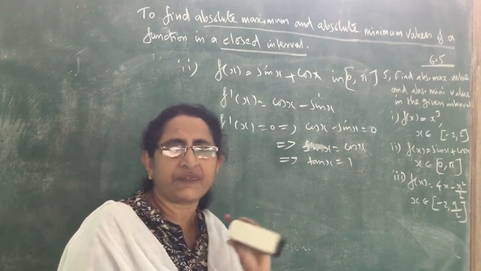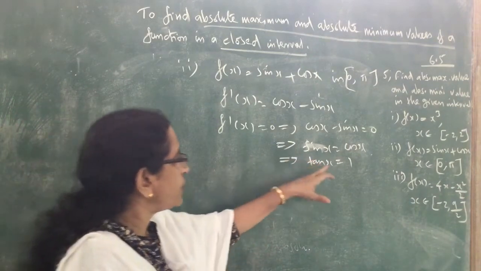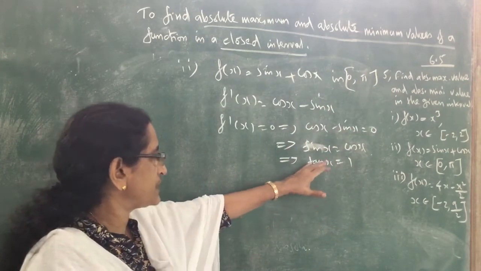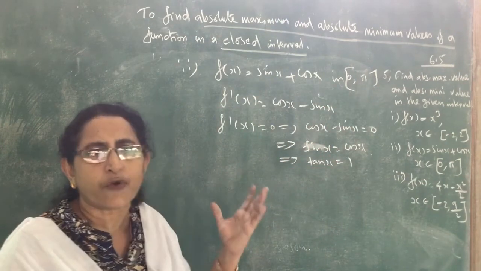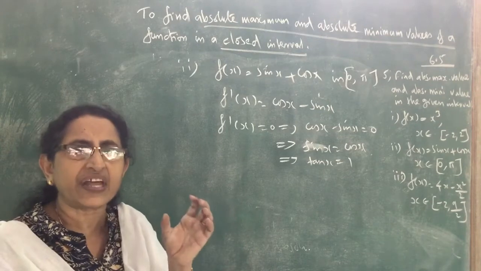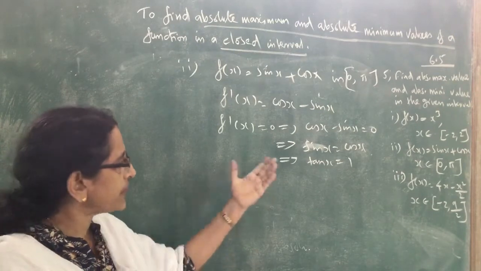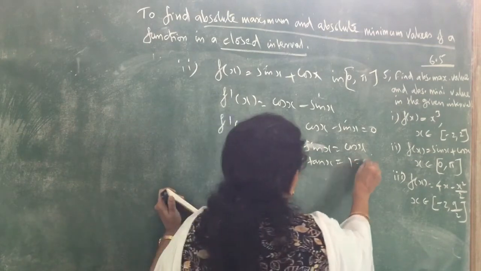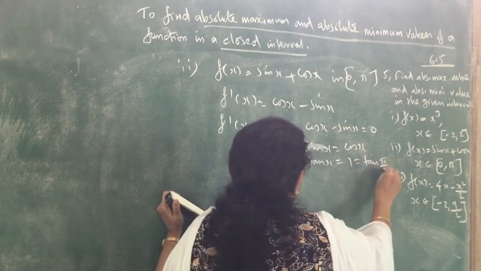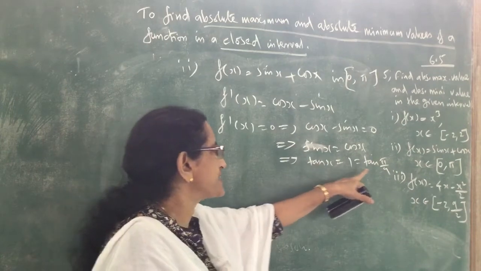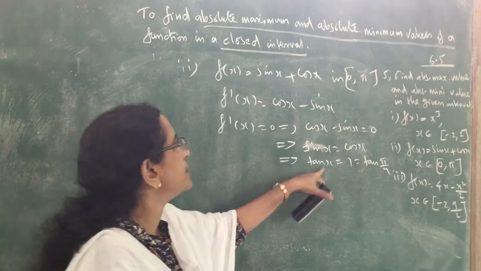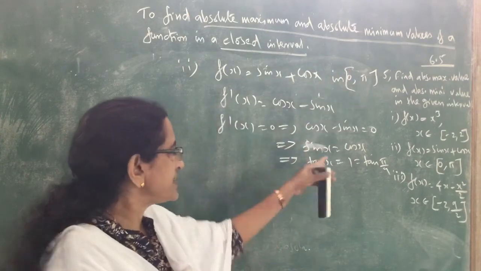So here, find the value of x in the interval [0, pi]. Now, for such equations, you can use a formula. If it is an easy, small interval, we can find it directly. Otherwise, you can use the formula tan x = tan y. We know 1 = tan(pi/4), so you can use the formula tan x = tan y. Then you can select the values of x in this interval. So that is a general method.